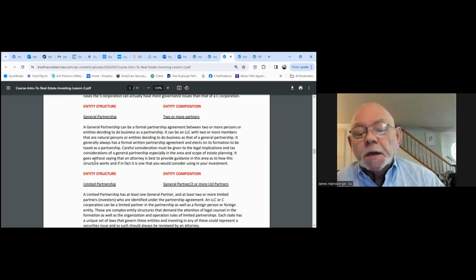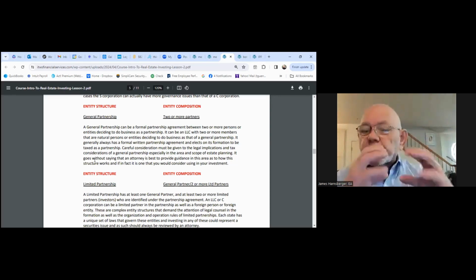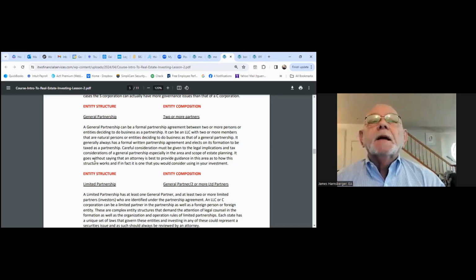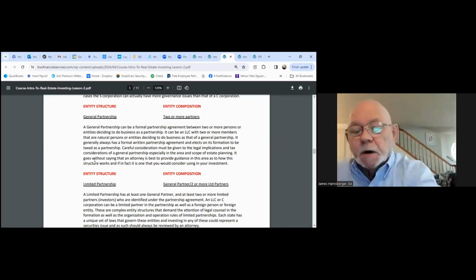Partnerships also give us some opportunities to do unique planning with the partnership interest. The partnership owns the real estate and you own the interest in the partnership. Are you selling? Is the partnership selling the asset or is the partnership selling the interest? In other words, are the partners selling their interest in the partnership that owns the real estate? Or is the partnership selling the real estate, keeping their interest in the partnership, but getting rid of the real